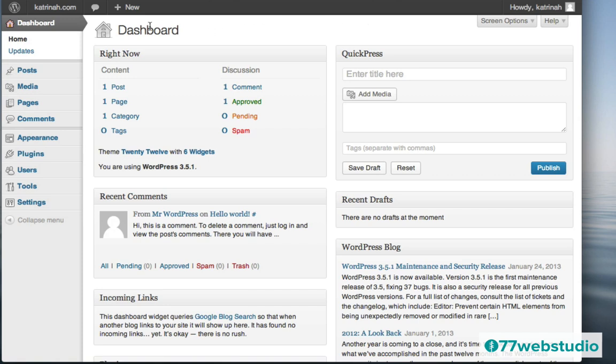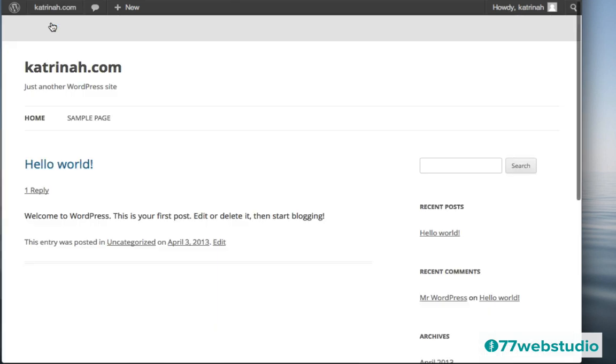So to see the site, I'm going to go up to the top left-hand side and click on Visit Site right underneath the name of the website. So right here where it says Visit Site, I'm going to click on that. And here we see this is what the website looks like now without doing anything. So it's pretty bare bones.